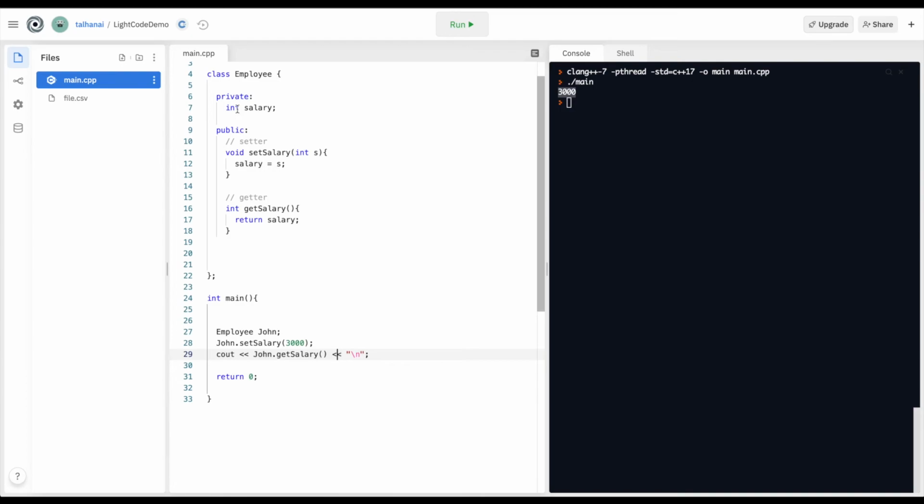So what I could have done is that salary could also have been public. I could comment this out, and I can set John.salary equals 5,000, and then cout John.salary. So I could do it this way, but it's a little neater to formally set that